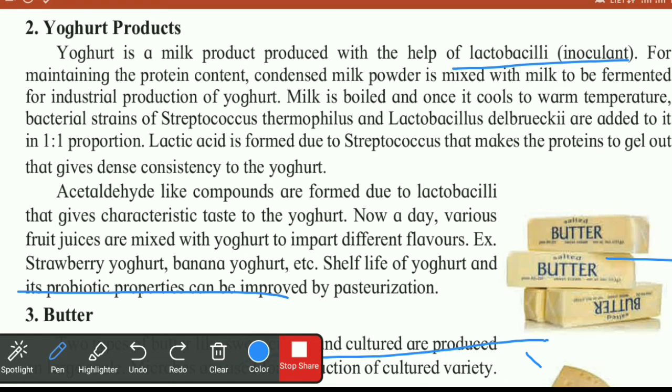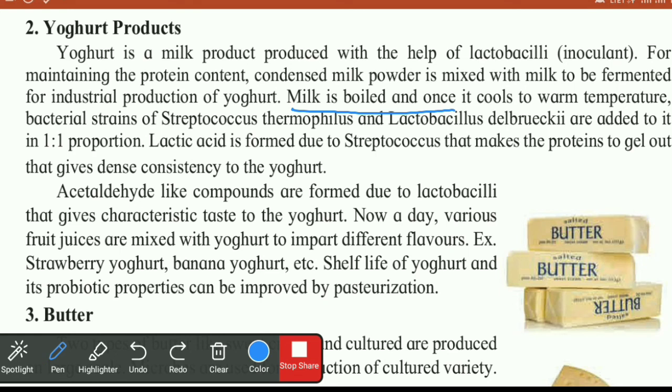Remember the condensed milk powder. Milk powder is mixed with the milk, the fermented milk. Which fermented milk? The milk which contains lactobacilli. That milk is mixed with the condensed milk powder, and then it is boiled. Then once it's cooled to a warm temperature,